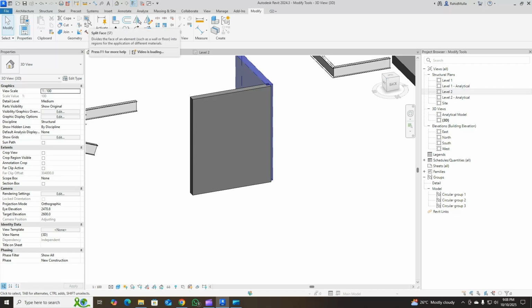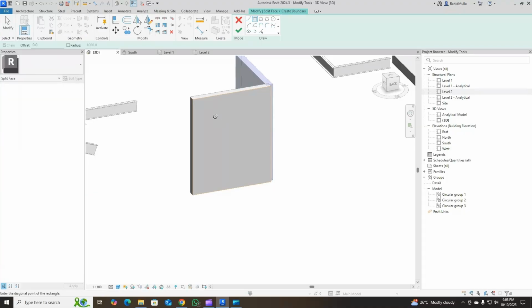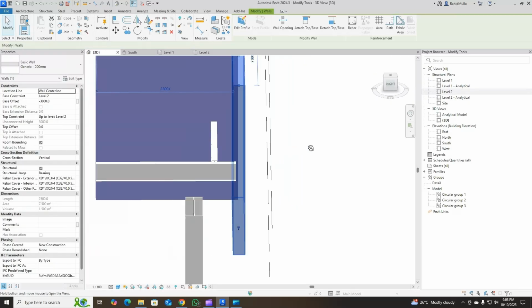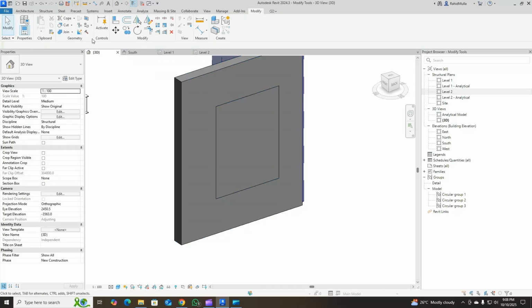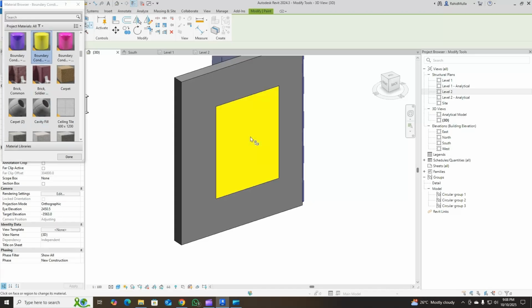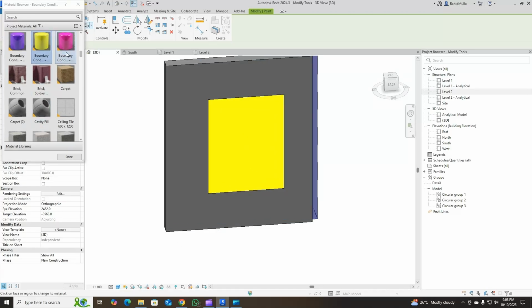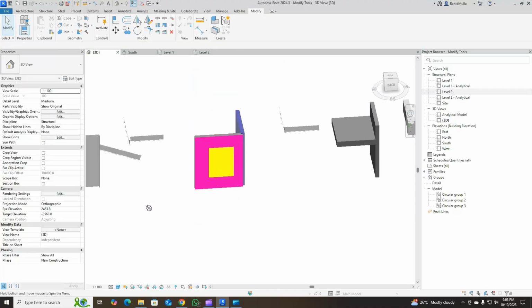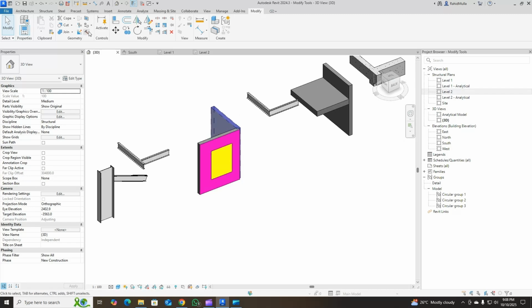At that time you will select this split face, place it here, and then define the shape for it. Once you define the shape, this is a split face. Now, if I apply paint, see what will happen. This will have yellow paint, and this will have another paint. Okay, so this is how split face works.